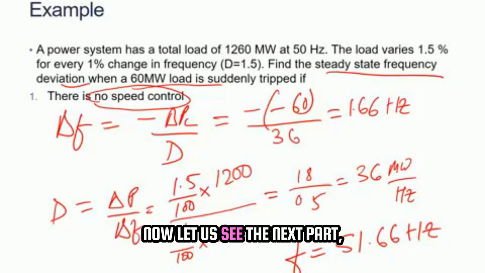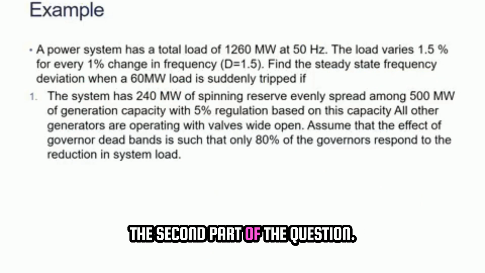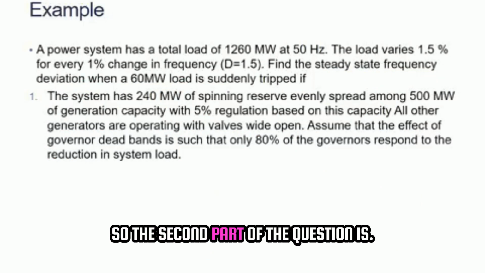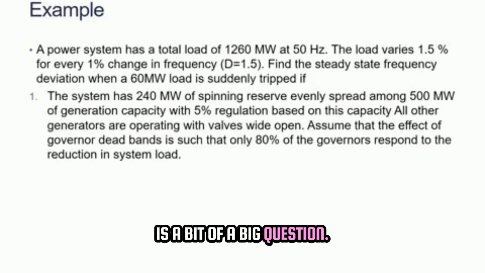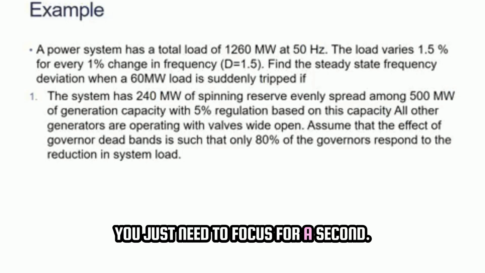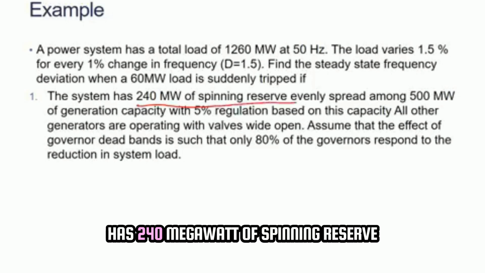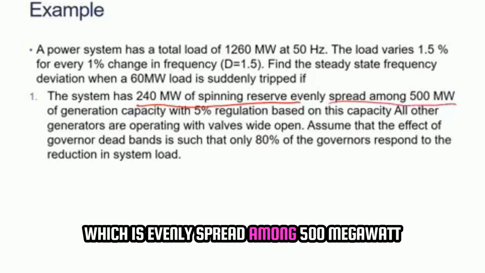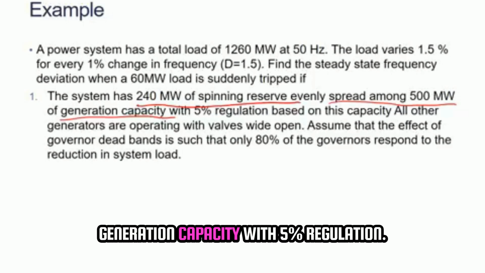Now let us see the second part of the question. It is a bit of a big question, so you just need to focus for a second. It says the system has 240 megawatt of spinning reserve, which is evenly spread among 500 megawatt generation capacity with